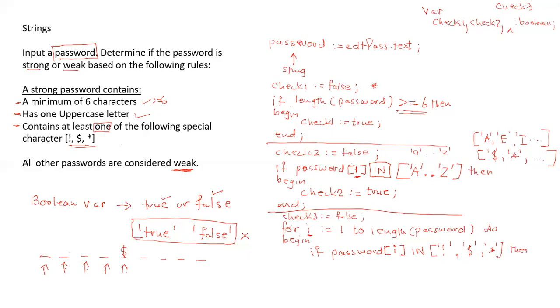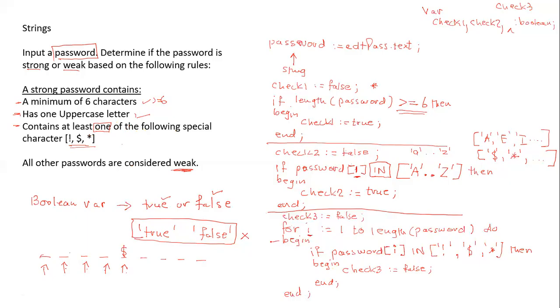And if password[I] is in that set, then what does it mean? It means that the password contains at least one character. So I can then change my check3. My check3 can now change to false. End the if,